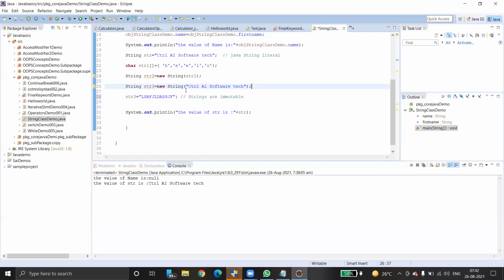In our script, what are the most common methods we use, or the ones that are challenging to implement? Nothing is challenging, string is a very simple class. You should know how to use it, that's all. Very frequently we use split. The split method is one of the methods we use very frequently.